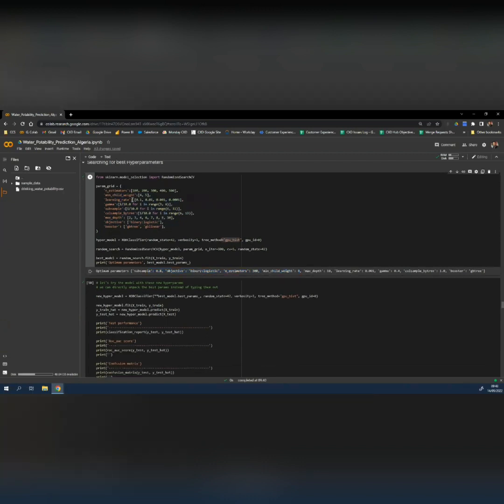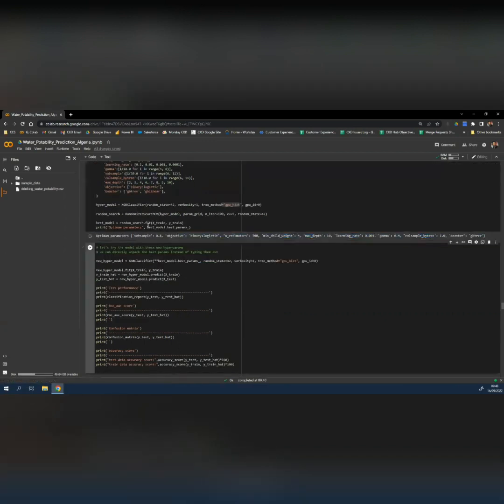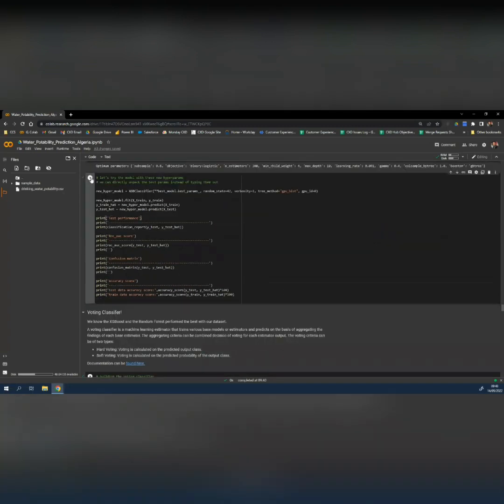And according to the parameters I put in there and the randomized search, the optimum parameters are these ones here, and we can then plug them into the next run of the model. Now, the good thing is we don't have to type them all into this space here. We can use the best_params_ attribute here, and that will export them into our next iteration of the model. The random state is set at 42, so that if you run it yourself, you'll get the same results as me. And the tree method again is set so that we use a GPU to get the best out of the model. So if we run that one,